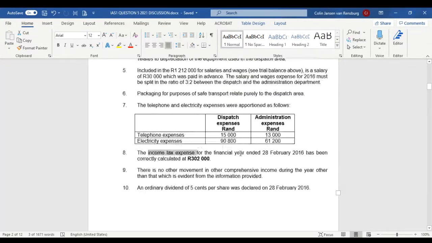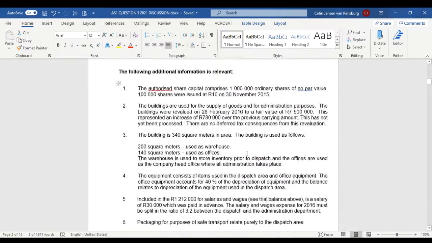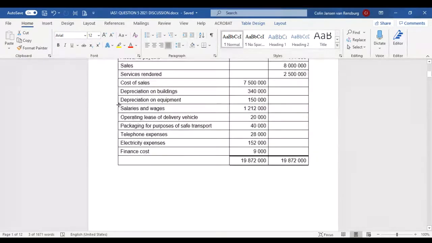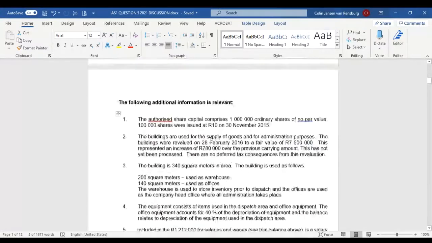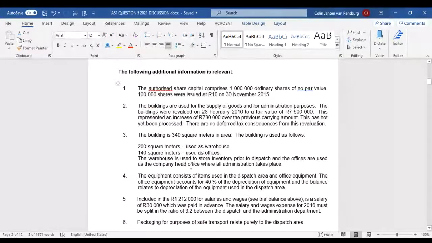Right, ladies and gents. So now we've got to go and allocate the expenses. We'll have to do this in two kinds of steps. We'll have to make sure that all of our expenses have been allocated to cost functions, right? We must make sure that each and every one of those expenses has been allocated, but we must also use this information to do the allocation, because what normally happens is the chief accountant and some of the other accounting personnel and perhaps the financial director or chief financial officer of this company